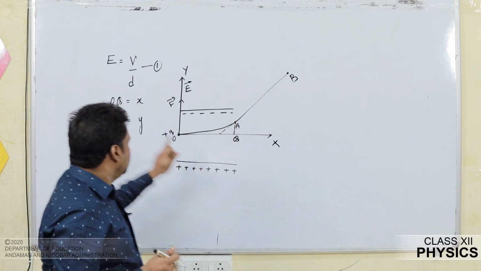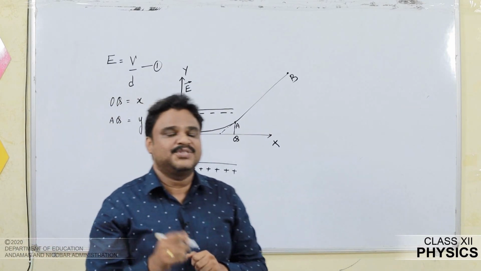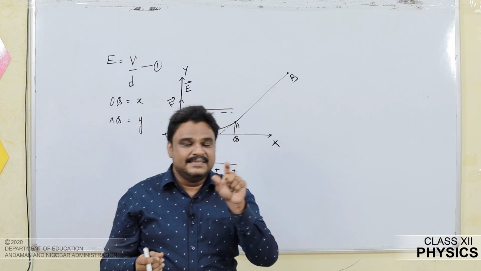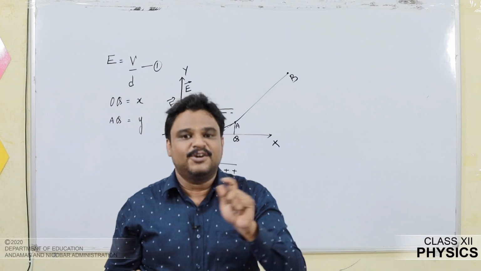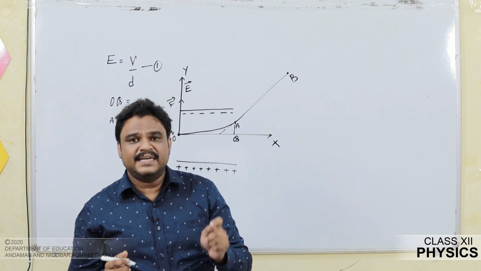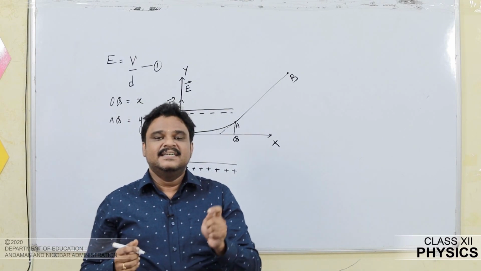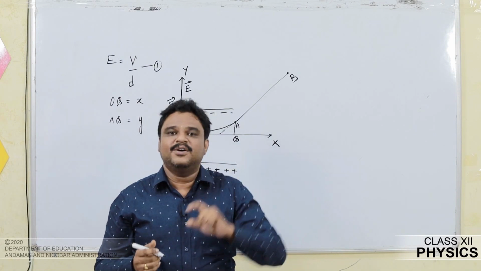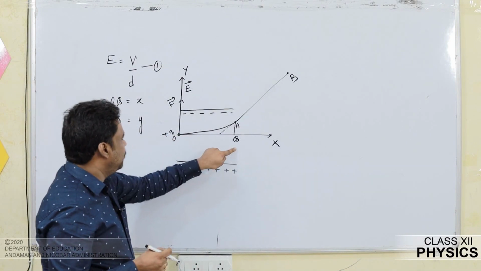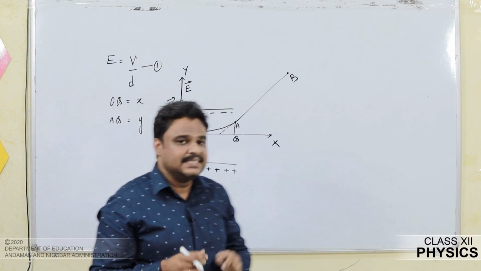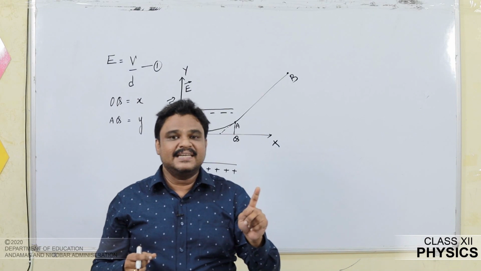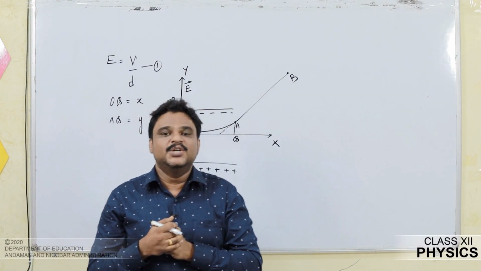This means the distance OQ is covered with uniform velocity. Since there is no force, there will be no acceleration. So if I assume motion along the horizontal, that distance is covered with uniform velocity. The force does not act on the particle along OX; it acts only along OY. The distance OQ, which we marked as X, is therefore covered with uniform velocity, since there is no force and no acceleration.